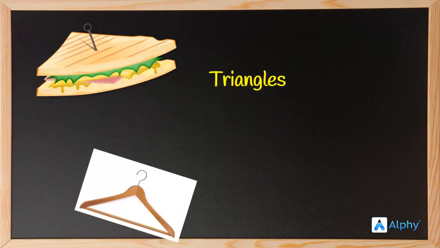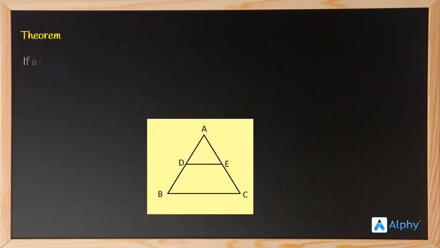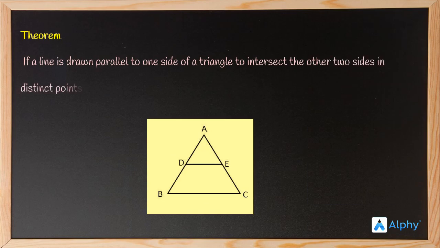Hello everyone. In this video, we will discuss a theorem which is related to triangles. It says that if a line is drawn parallel to one side of a triangle to intersect the other two sides in distinct points, then the other two sides are divided in the same ratio, which means we are given